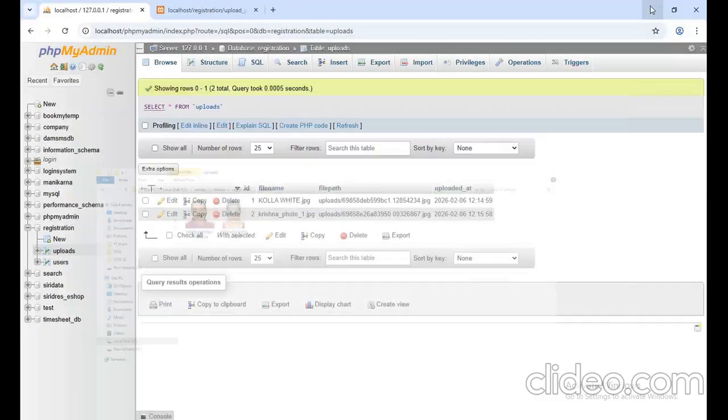Yes, the file uploaded successfully. In this, the key points: always check the file type and size for security, use move_uploaded_file to save the file into a folder, and use a unique ID to avoid overwriting files with the same name. Suppose, for example,